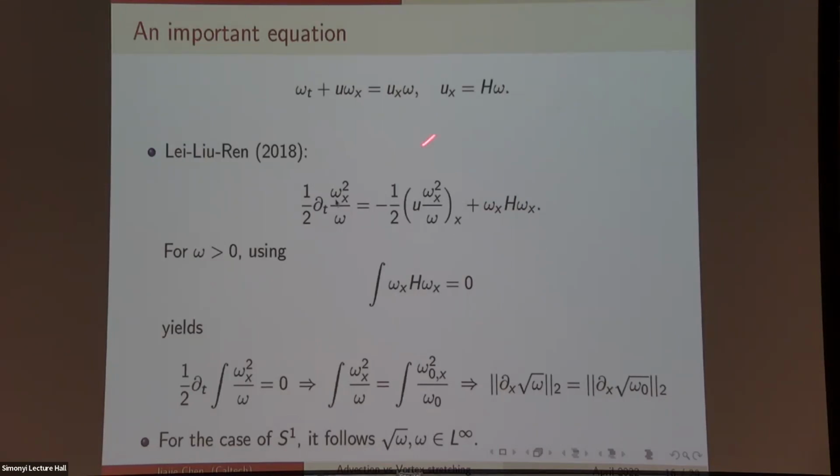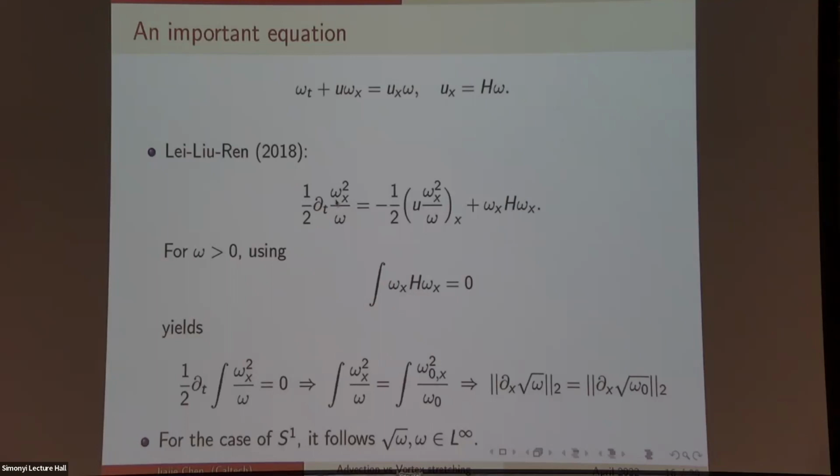They consider positive vorticity, so this quantity is well defined. And this equation preserves this property: if the initial data is positive, it remains positive. This can be done by a maximum principle. They perform an energy estimate on this quantity. The integral of the first term is 0, just by integration by parts. The integral of the second term is also 0, using the anti-symmetric property of the Hilbert transform. So there are some special properties of the Hilbert transform, and this term will be 0.